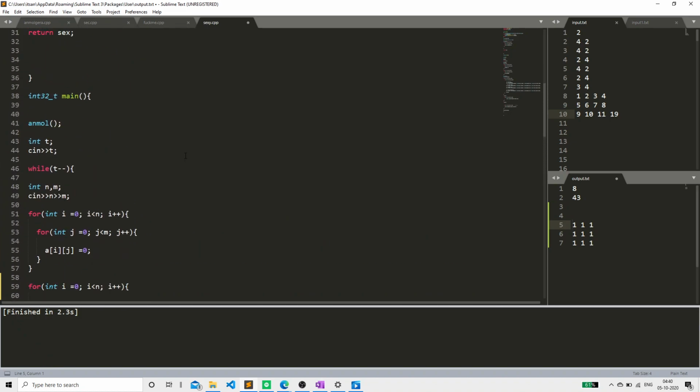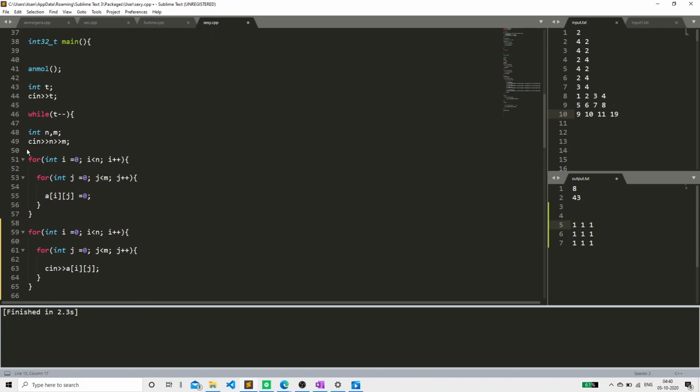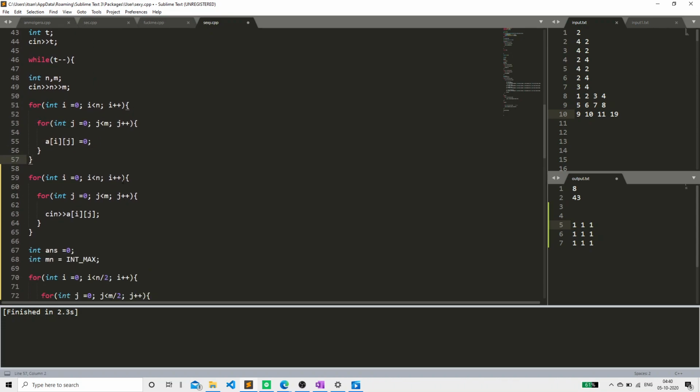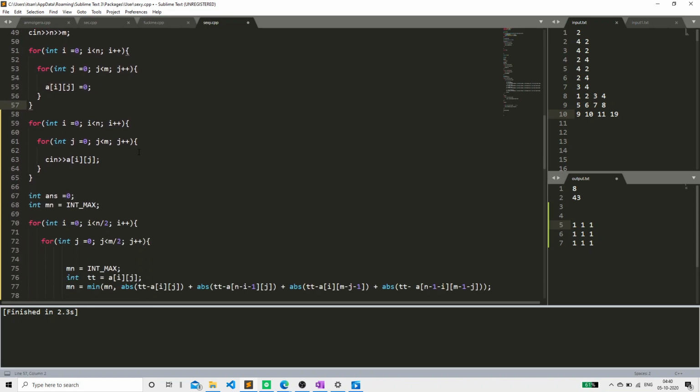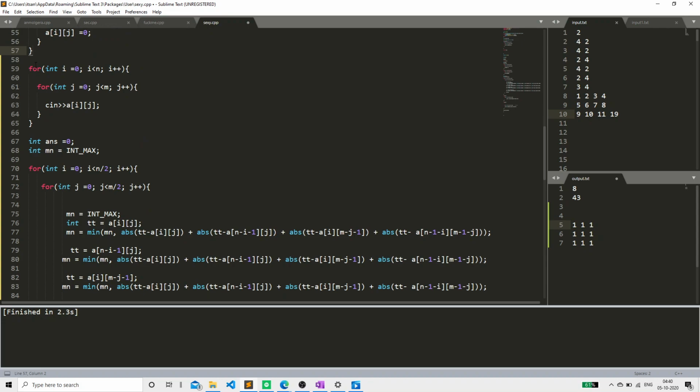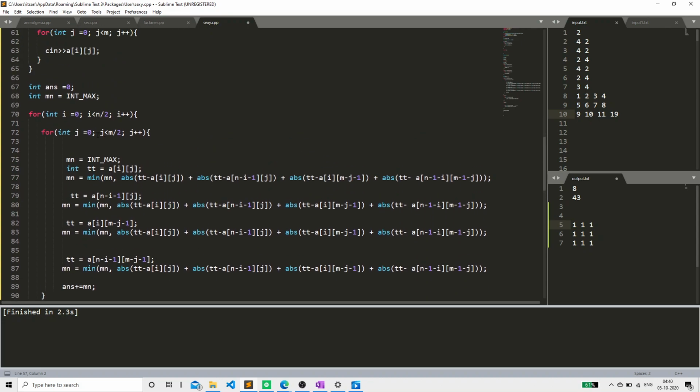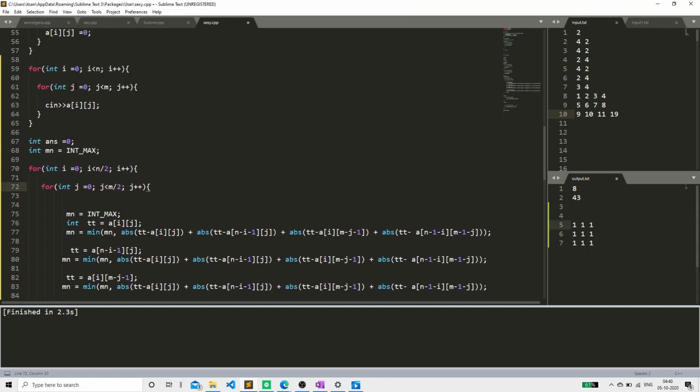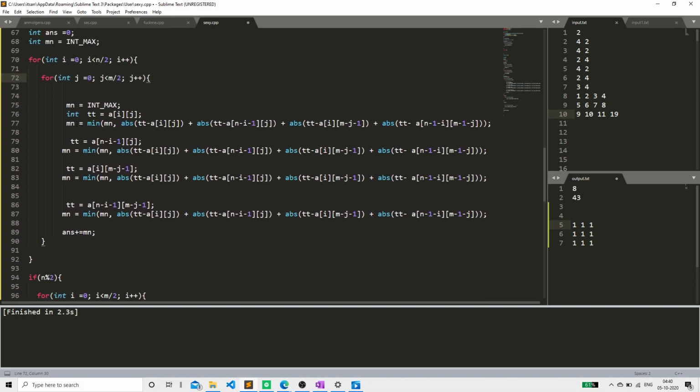Okay, so I have to create a static array. Initialize the whole array with 0. You can also use memset, but I don't use memset that much, so I've taken the array as an input. Simply for i less than n by 2, just look at it very carefully. For odd, this won't work. We have to do some modifications. For i less than n by 2 and j less than m by 2, n is the row and m is the column. I've taken the element a[i][j], this element.